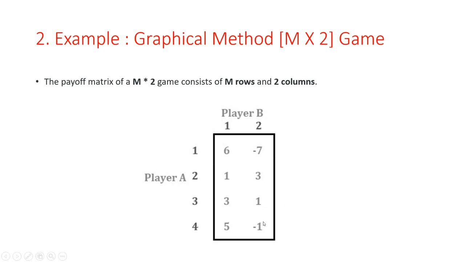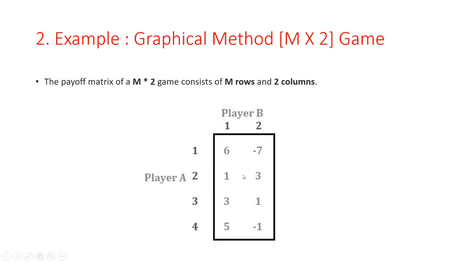And from the column, we have to find out the maximum value. So among this first column, 6, 1, 3, 5, what is the maximum column value? 6. And minus 7, 3, 1, 1, what is the maximum column value? 3. Okay. So if we are having these values for column and rows, by using these column and row values